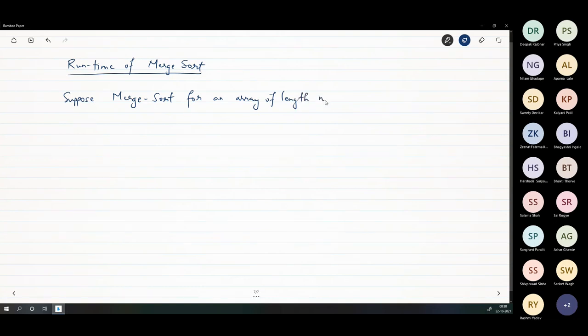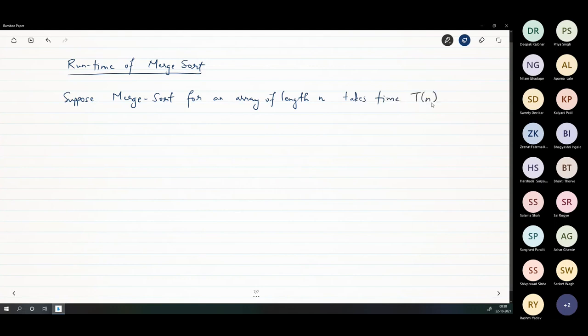Array of length n का मतलब समझ में आ रहा है? रश्मि, array of length n का मतलब पता है? समझ में आ रहा है एटलीस्ट इंट्यूटिवली? Array of length n, इसका मतलब क्लियर है? Yes sir. So A1 to AN जो लिखा था, that is the array of length n. So suppose merge sort run for an array of length n takes time